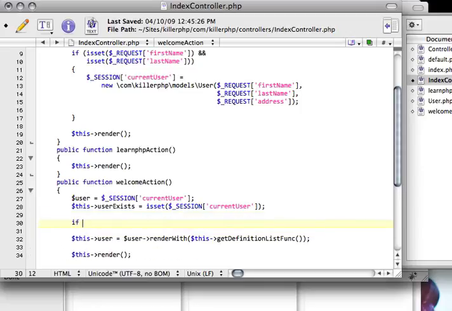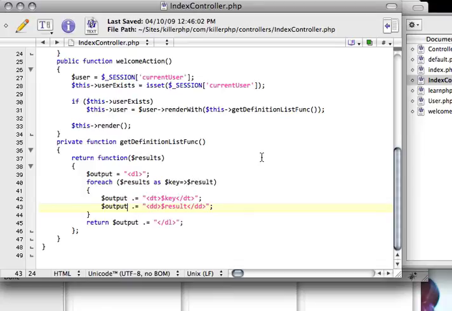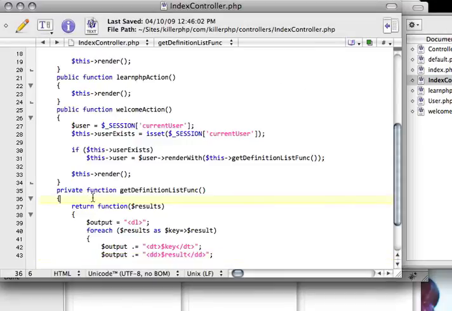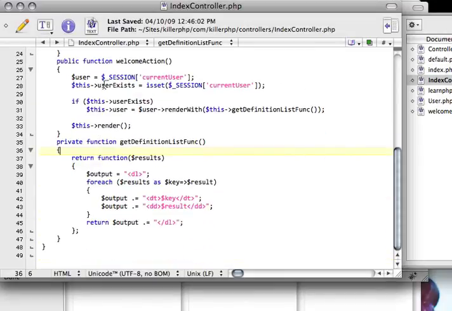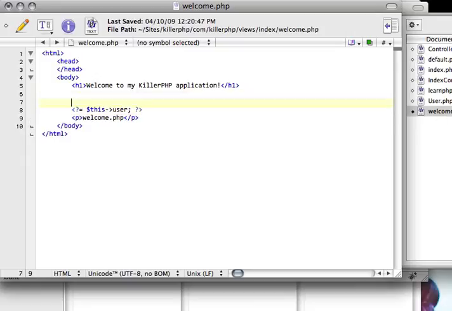So we'll add a statement here: if this user exists, and if that in fact is the case, then we'll define this user with this particular rendering scheme, which we defined down here. Let's refresh this again, and it'll just say, welcome to my killer PHP application. Now, what's neat about this is that we've actually created a variable called user exists, and we have inadvertently passed it to the view. So if I go to welcome.php, I can create a very simple if statement here, saying